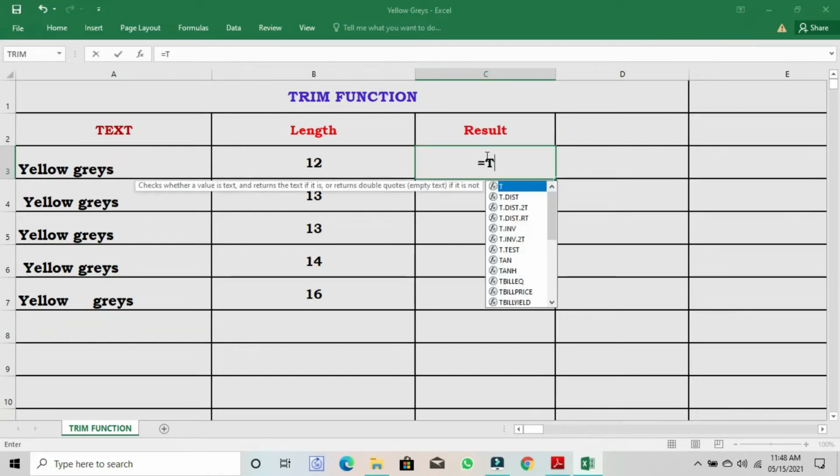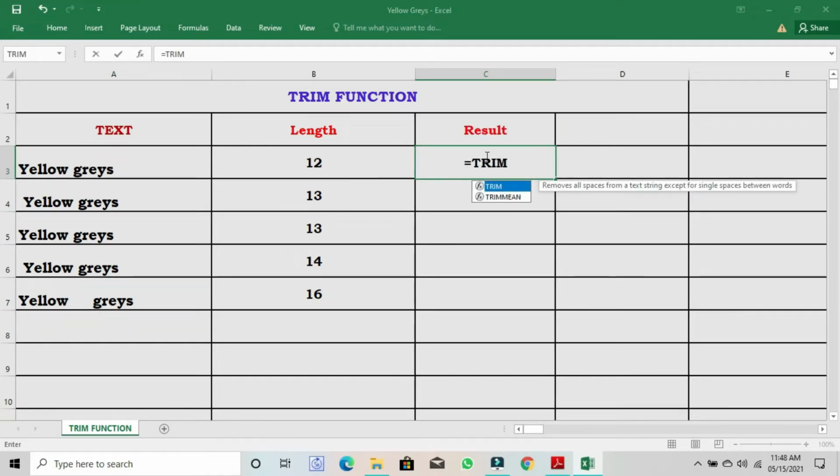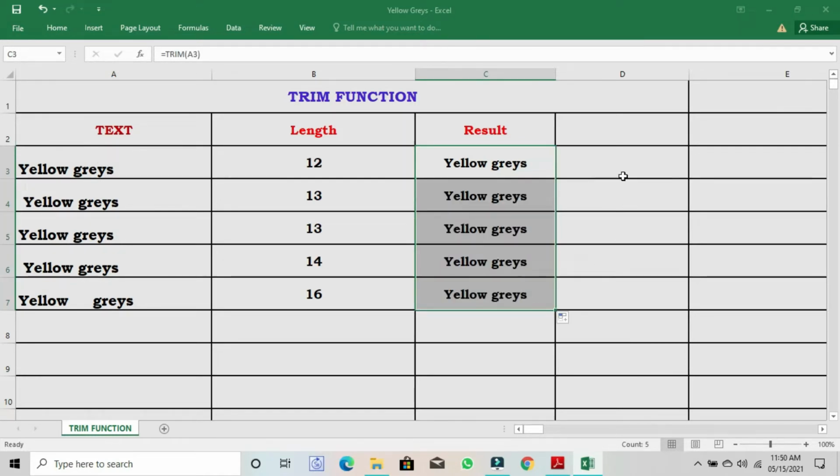Equal to TRIM, open the bracket, select the text, close the bracket and press enter. Then drag the cell to get the result for the other text also. Now let's cross check with the help of the length function.